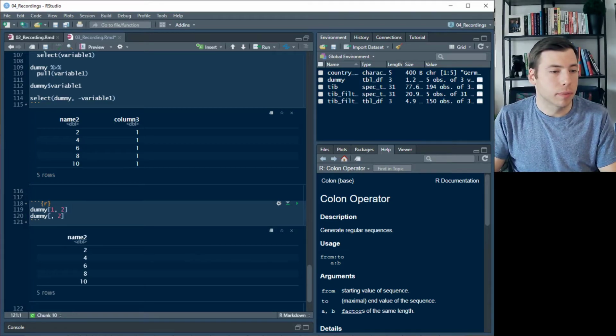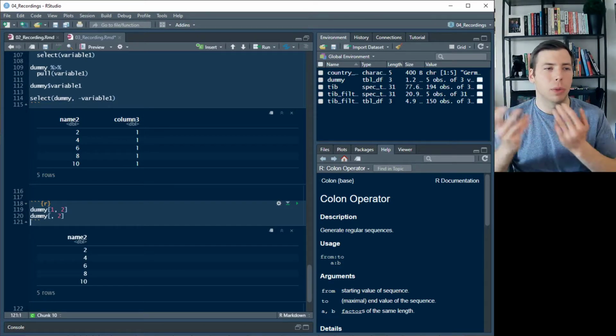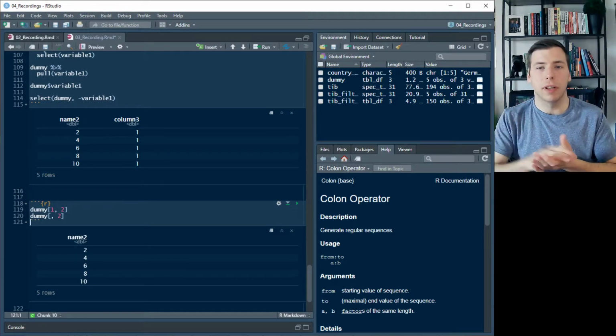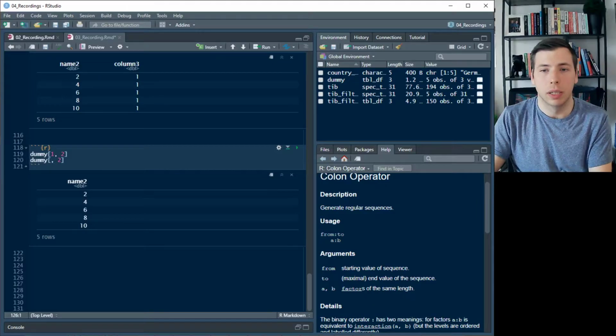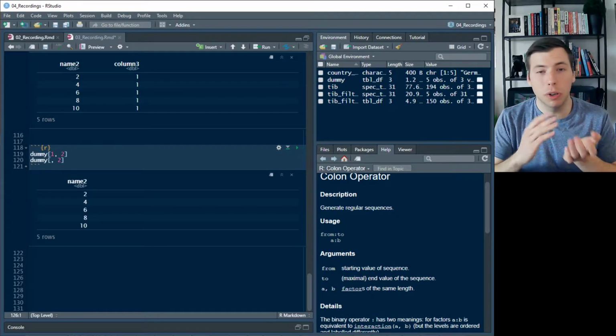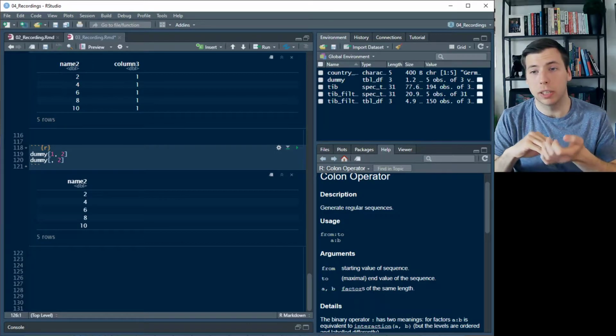And yeah, that's how it works. So this is basically how we can pick out specific values from tables. Sometimes that's important, and this is why we address it here. So back to maybe more interesting things, back to the mutate function, so that we can actually change our data